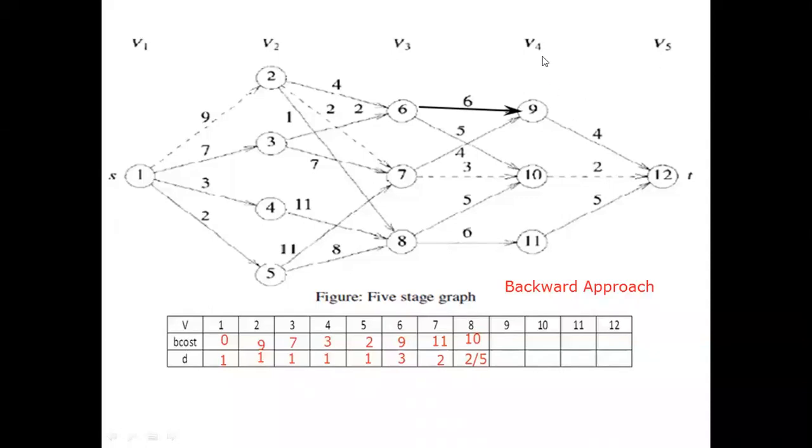Now I can solve stage 4. Three vertices are there: first vertex is 9, second is 10, third is 11. If you look at 9, there are only 2 incoming edges, one from 6 and one from 7. If you look at 10, there are 3 incoming edges, which is a little more complex than 9. That is why I will solve 10. And 11 has only one edge, which you can solve yourself.